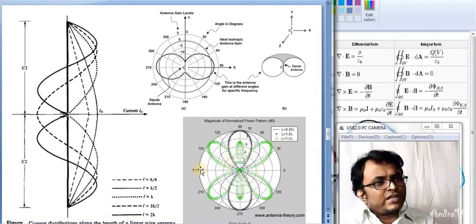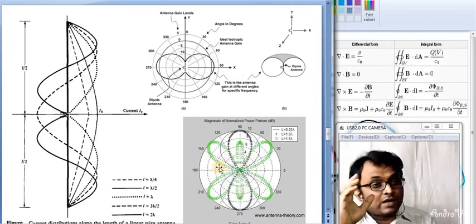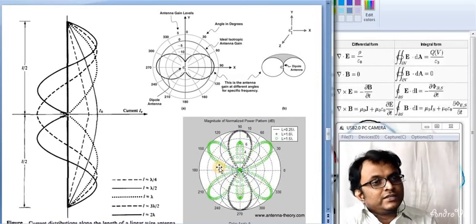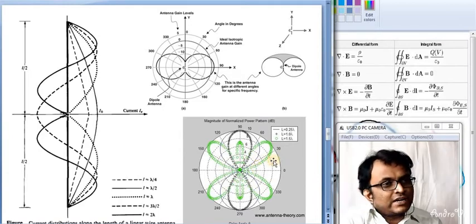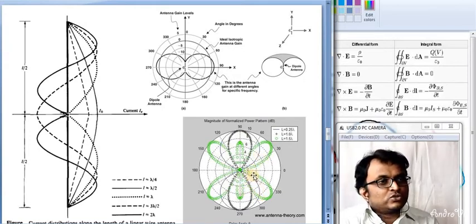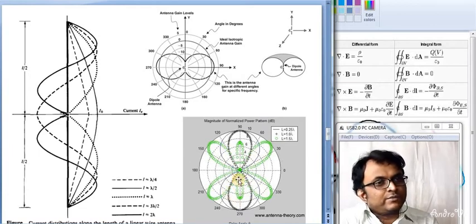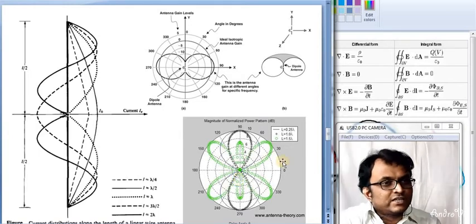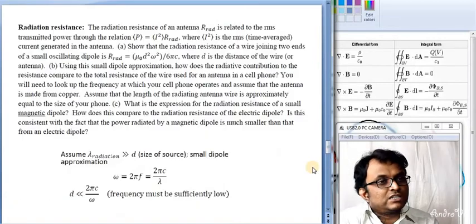For those cases definitely the arraying technique is there. Arrays are altogether a different topic. We will definitely come to our next lecture on how the arraying effect, meaning phase and spatial distributions, can be adjusted to handle this type of problem. So the lambda by 2 dipole antenna is the most suitable as far as radiation pattern, beam width or impedance matching techniques are concerned. So that is the most familiar antenna, the lambda by 2 or Hertzian dipole antenna.